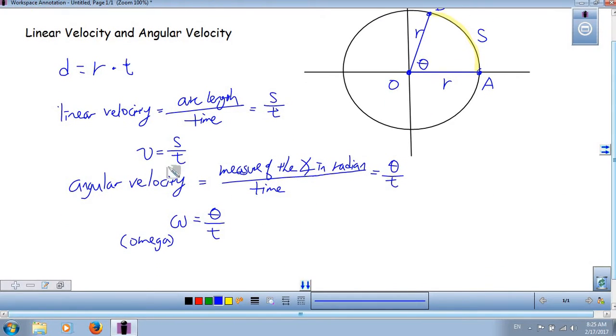Well, is there a relationship between the angular velocity and the linear velocity? Let's think about this. Remember, how do we measure radians? When we measure radians, we say the radian measure theta is S over R, right? S over R. So S, the arc length, is simply equal to R times theta. So if I know the radius of the circle, and then